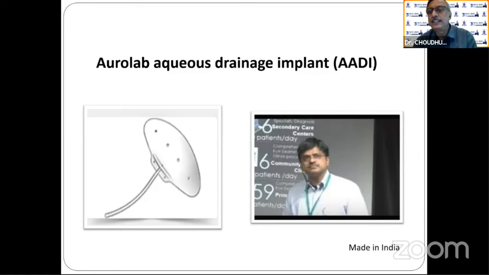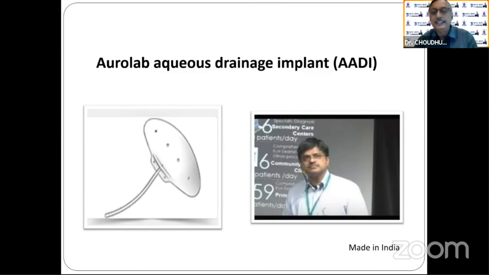The problem is that in the anterior chamber, there may be corneal touch, there may be iris touch, and if there is a phakic patient, there may be lenticular touch also, which can lead to complications. So if we can go for a very good posterior vitrectomy, where there is no vitreous tract and the tube is inside the pars plana route, it works much better, no doubt. Okay. We do a lot of cases.